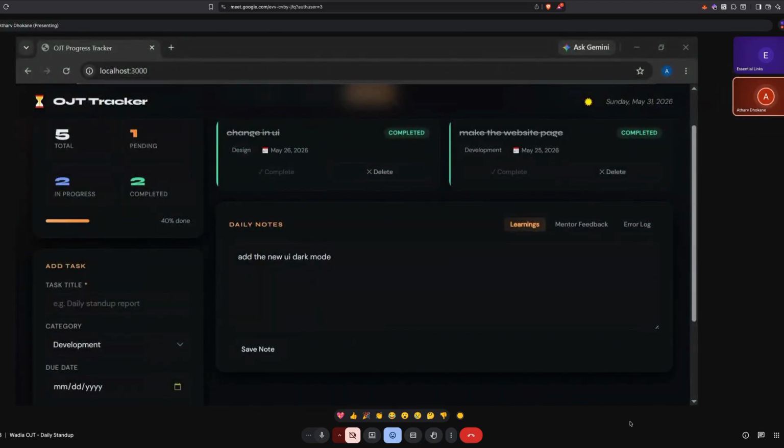Sir, this is my project. This is a dashboard which will show the analytics of total tasks pending, in progress, and complete. This is add task. We can add the task, development, and date, whatever status of the project. Now this shows some added tasks. Just add a task. Here is add a new task.